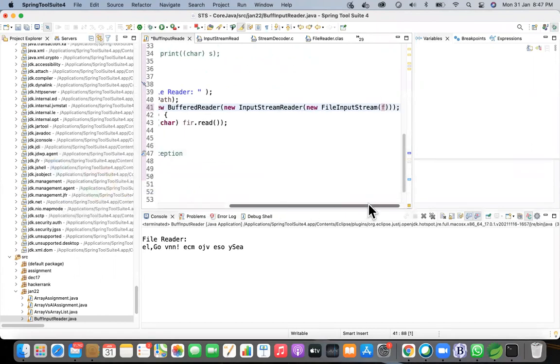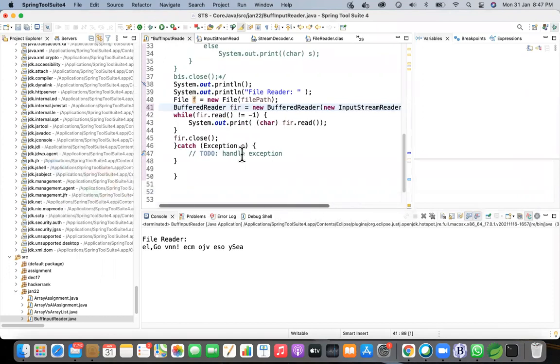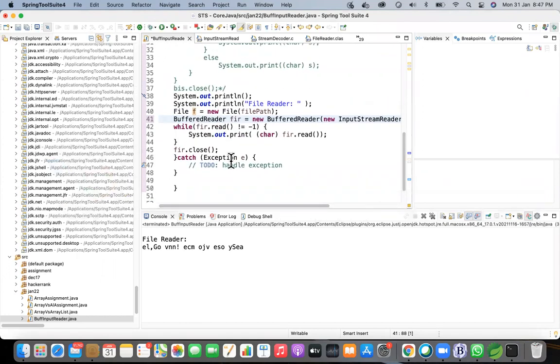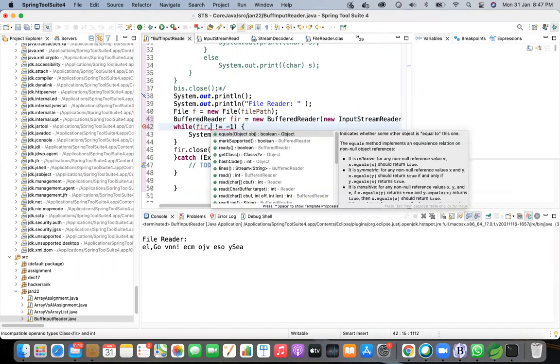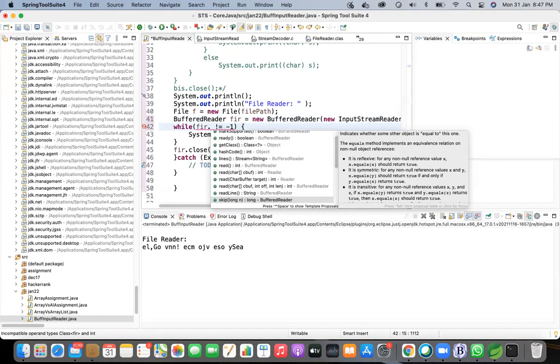Yeah. So now this will work fine, right? You pass the input, the string or file object. Yeah, file object. Now you can go into the while loop, and instead of read, you can use a different method. You can just remove that fr.read, and give Control+Space, and you should be able to see something called readLine. Can you scroll down? Yeah.